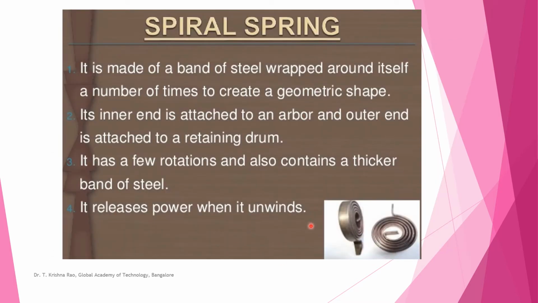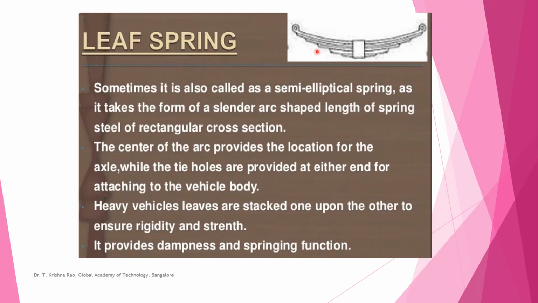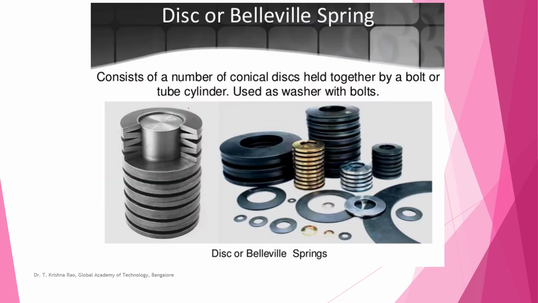Spiral springs, these are also torsion springs, basically used in watches and toys. This is the leaf spring which you see behind the lorries and buses. It is also called laminated because so many layers are there. This is a disc spring or a belly spring, looks like a washer. It's a washer here, and then a slight gap is maintained here like a hat. When they compress, the deflection will be taking place, small deflection for very high loads.